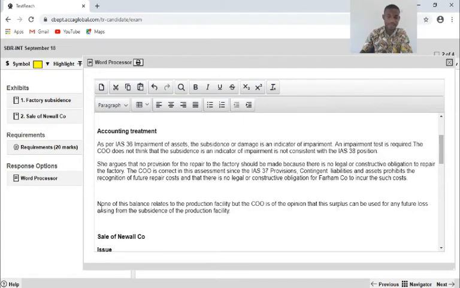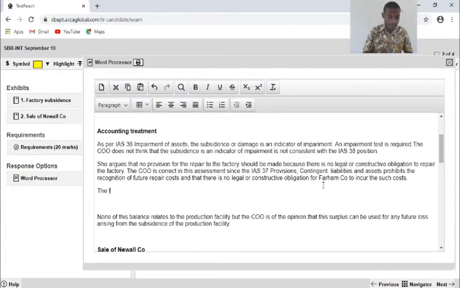So you look at it. Now the next issue to develop here is that, given there has been no impairment test, the factory is currently overstated, and the profit for the year is also overstated.